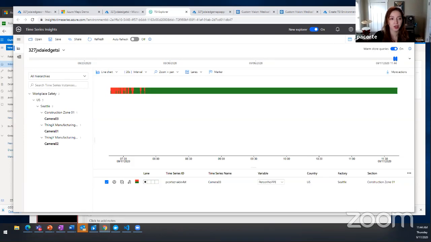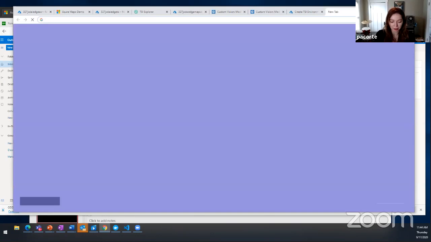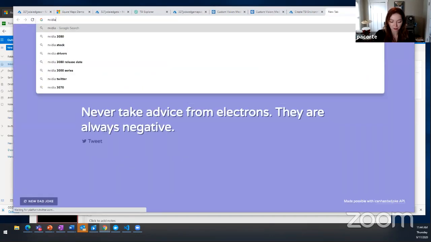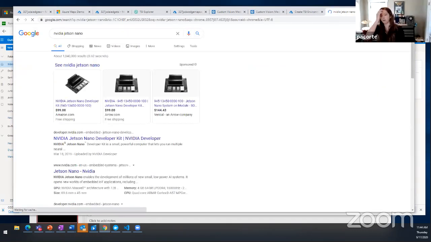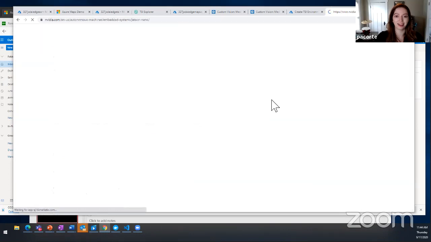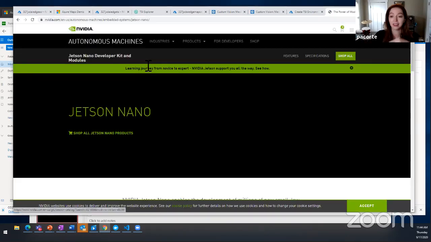Definitely. The NVIDIA Jetson line, for example the Nano device. And for folks on the call who might not be familiar with the NVIDIA Jetson line, they have a full line of devices that makes it easier to deploy AI models to the edge. We have support there with the IoT Edge runtime. So you actually probably could have just gone here,